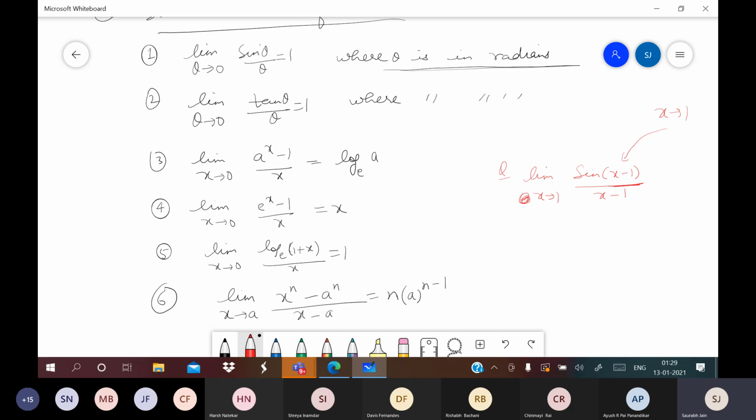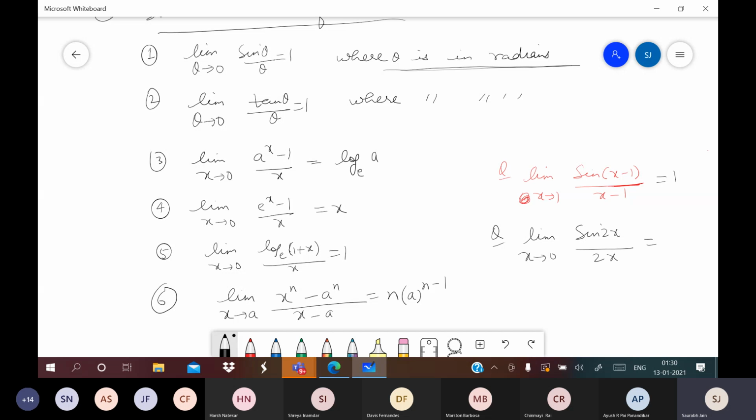See, when I write sine 2, as we discussed when we were studying trigonometry, I will count it in radians. If I write sine 2 degrees, I will have to use the degree symbol. But as I can see in the question, there is no symbol of degree, so that means the angle is in radians. So what will be the answer of this part? The answer of this part will be once again 1. Now similarly, if I take limit x tends to 0 of sine 2x upon 2x.